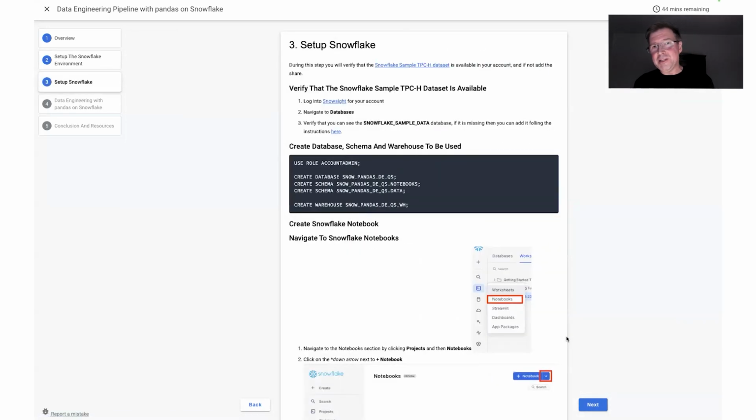Once we have that, we need to create some objects. So we're going to create a new database and a new schema, and then we're going to create a warehouse. So a compute resource we're going to use to execute the code. The simple way to do this is, of course, to copy the code